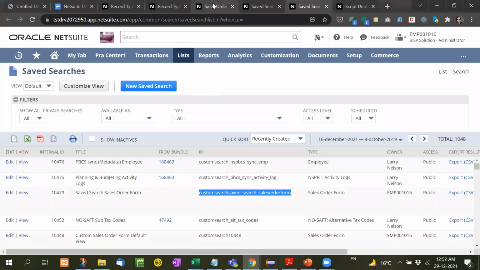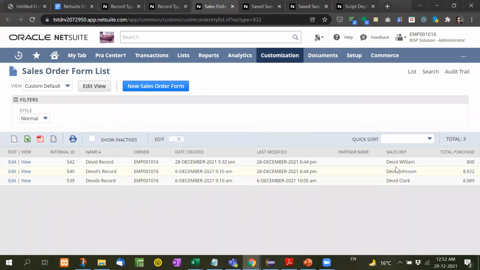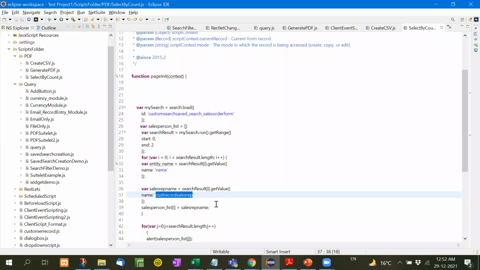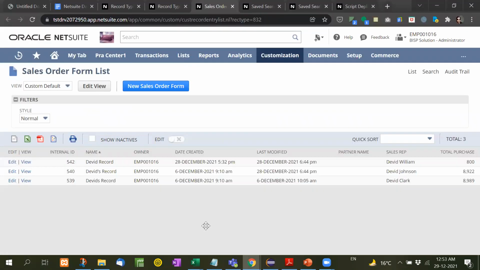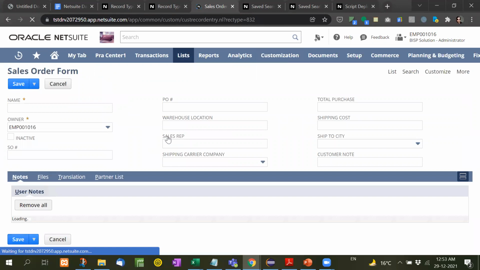Let me show you this. Only sales rep, David William and David Johnson, right? So what we have done here, we have applied the sales rep like this. Salesperson name, sales rep name equals search result.getValue, and this is the ID of that element. Let me show you this again. Where is that sales rep? This. Here is the ID.